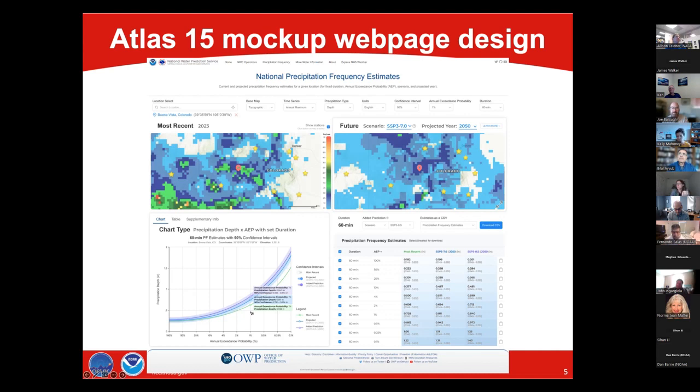So I think you're right. This needs to be fully documented so that we can clearly understand the temporal aspects of this, especially in this new non-stationary world. With regards to Atlas 15 updates,